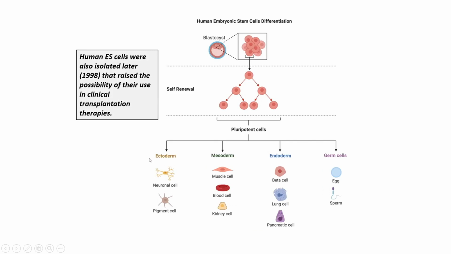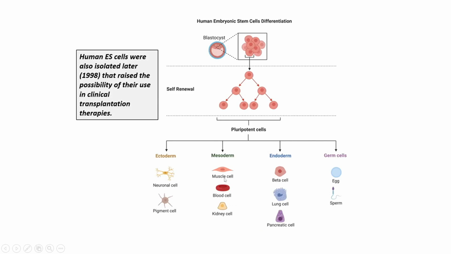Okay. So for ectoderm, there will be a different stimulant which is used. For mesoderm, there will be a different stimulant which is used. Based on the requirement, for example, if you want to have muscle cells from this blastocyst, you add a stimulant which will promote the growth of the muscle cell only. And for example, for neuronal cells, you use that stimulant. So from ectoderm, you can get neuronal cells as well as pigmented cells, such as melanin and all those cells which are present in pigmentation.